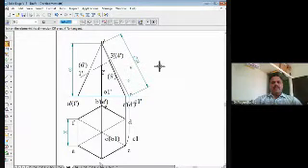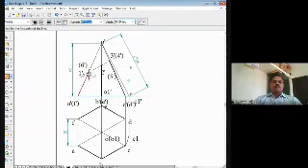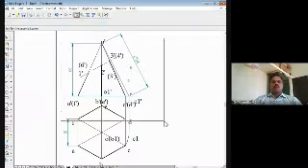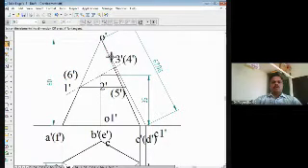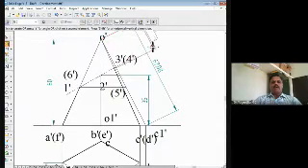We have measured here. Then these 1 dash, 2 dash, 3 dash, etc. we have to project onto the true length line. So we'll project the point 1 dash onto the true length line here, the point 2 dash onto the true length line, right? Similarly, the point 3 dash also onto the true length line here, right? So this is the point 3 dash here. I'll project it onto the true length line. Then you have to measure these distances now. So what is this distance I want? O dash, 1 dash I want here. Then this distance O dash.